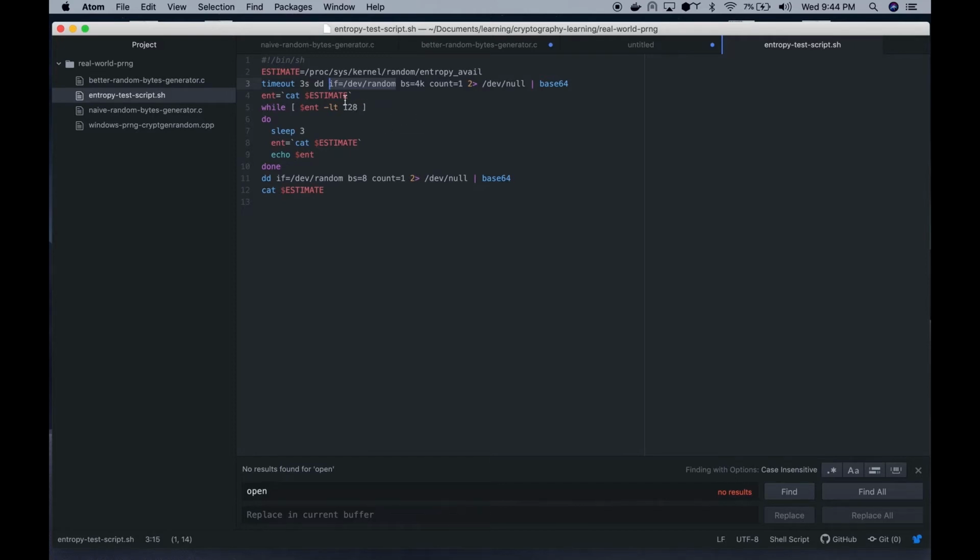It waits until the estimate is less than 128, and then it reads another 64 bits, so 8 bytes, again from /dev/random, and it prints the estimate again. Unfortunately, I can't run this, but it will basically show how